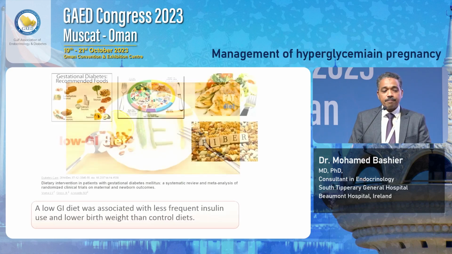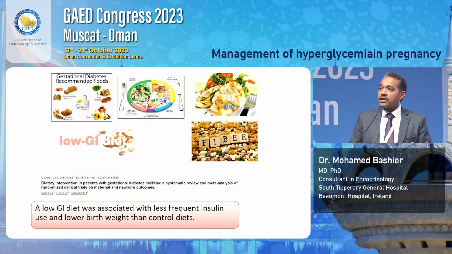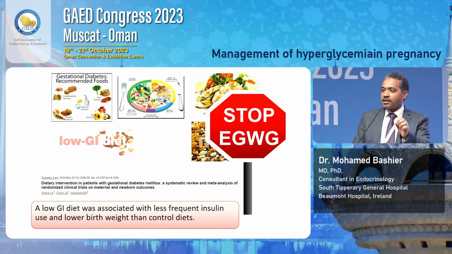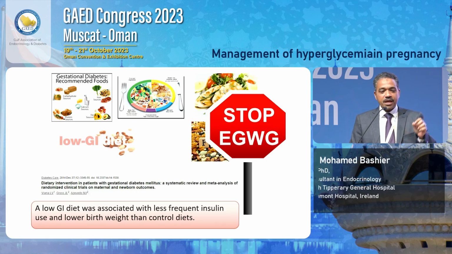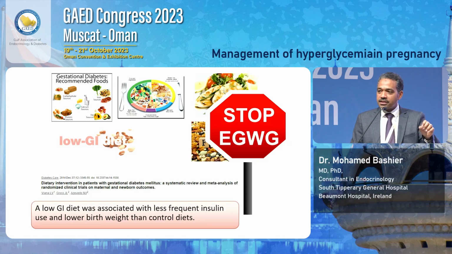And the diet which has more evidence is the low glycemic index diet, and that's what we based our diet plans on. But success of diet can only be measured by your ability to control the gestational weight gain. If you decide on your success by looking at the woman's glucose numbers and you find that the numbers are fine, but she's gaining a lot of weight, as I just told you, it doesn't matter. The risk of complications is exactly the same. So you should be able to stop the excessive gestational weight gain.